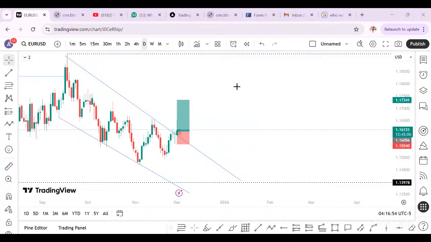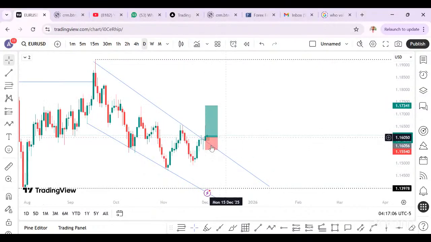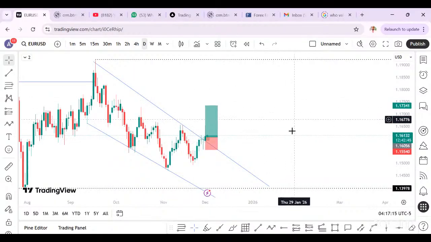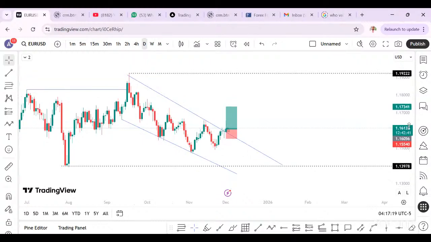I caught 2 trades yesterday on the live session, GBP CHF and EUR USD, and I sent it on the content page. So we had a pending order and it has activated already. So let's watch and see. But in all probability, these guys go for a buy. I can tell you.